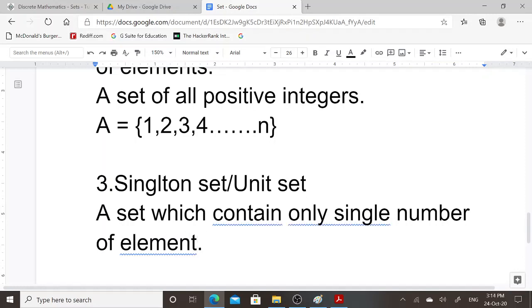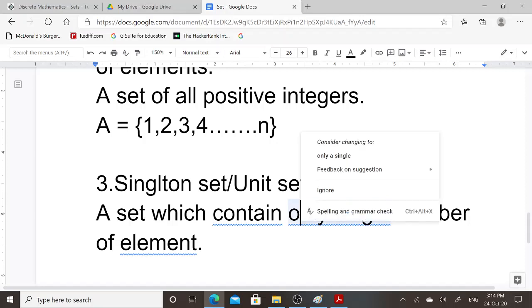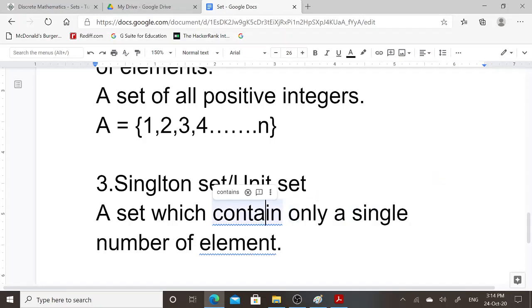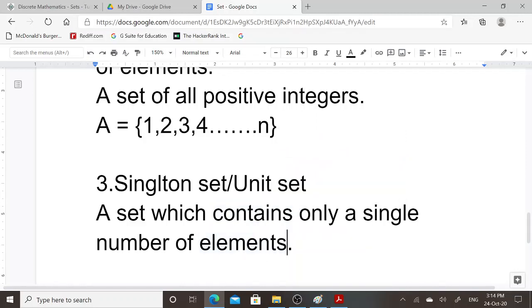A set which contains only a single element is defined as singleton set. This is the basic definition of singleton set.